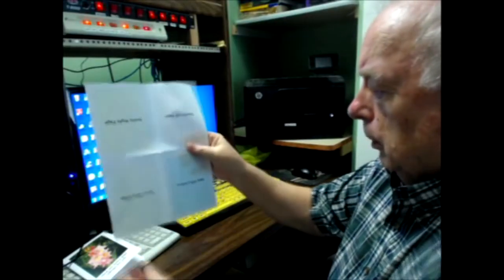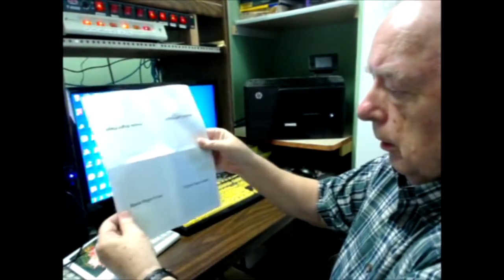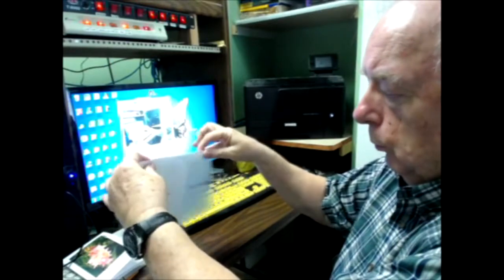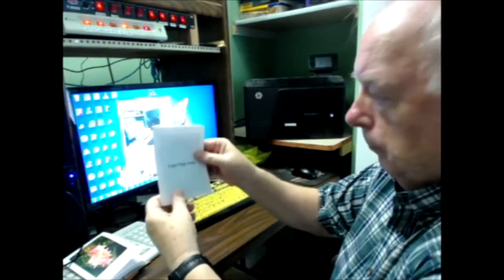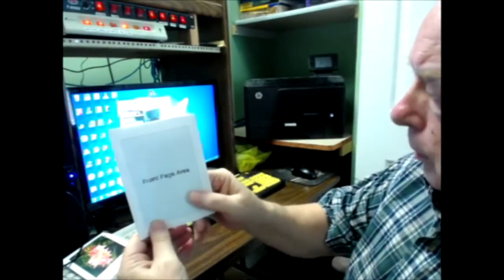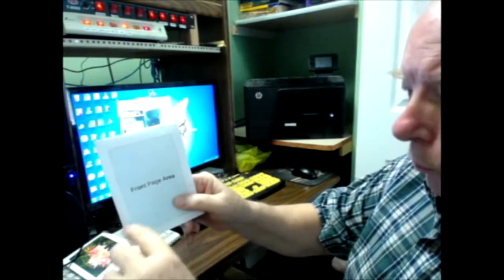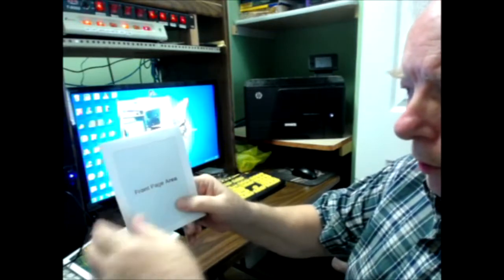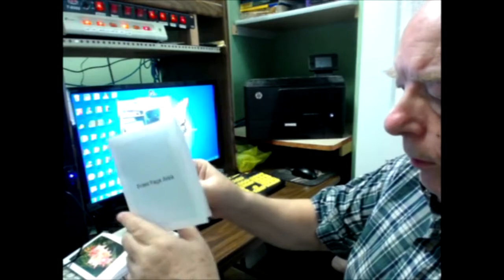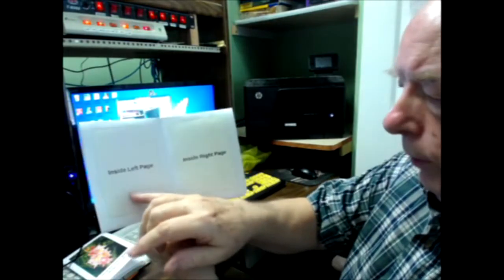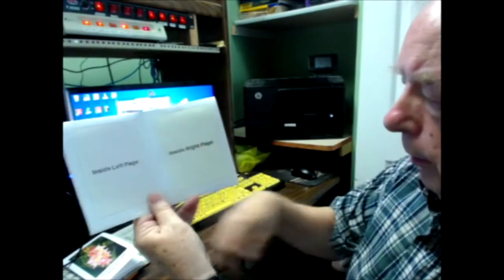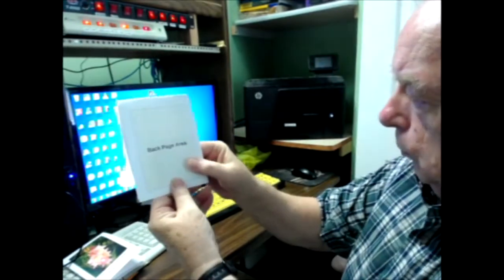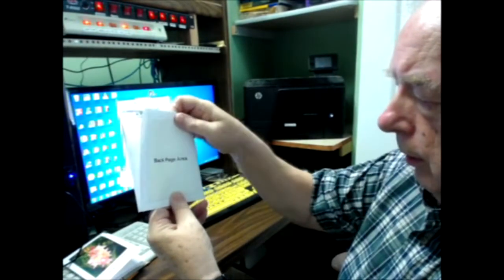Well, here's the trick. We'll take a piece of paper and we'll fold it up the way we would like our greeting card to end up. And then on this piece of paper, we're going to write some words that remind us that this is the front page area. And this will be inside left, inside right. And then this will be the back of the card. And then when we unfold this,